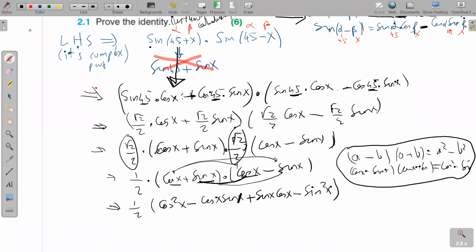So we can simplify: cos x times sin x times cos x, they are equal, but one of them is minus and the other is plus, so they cancel. We have 1 over 2 times (cos square x minus sin square x). And if you look at the formula sheet, you can see in the formula list